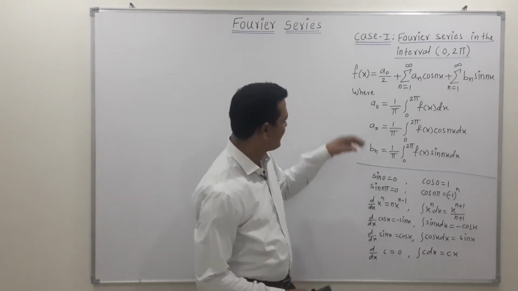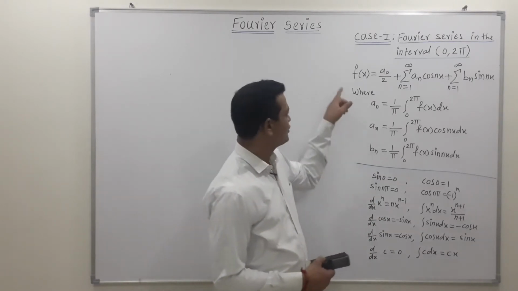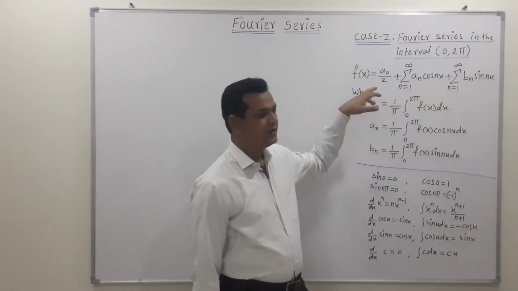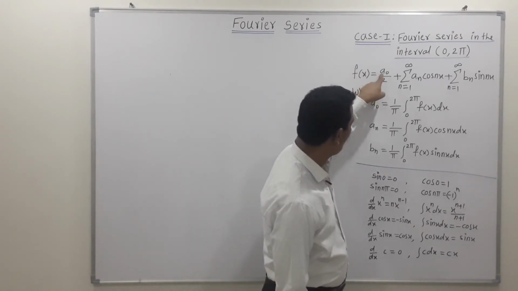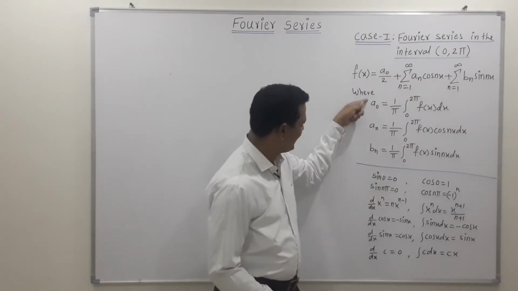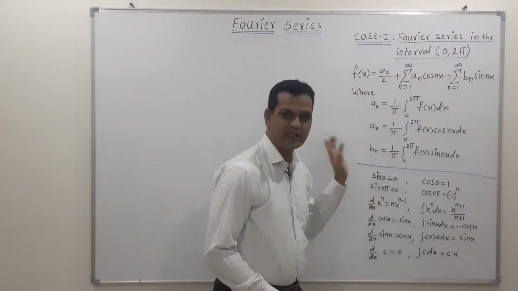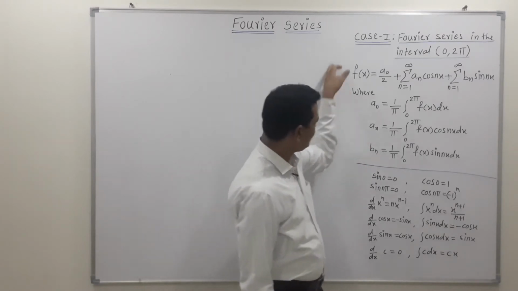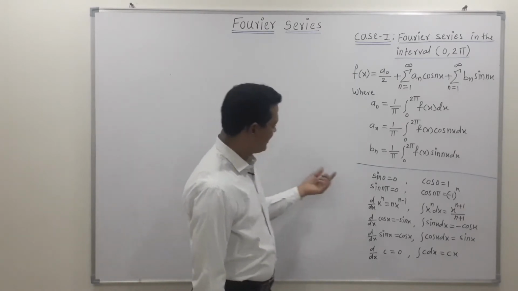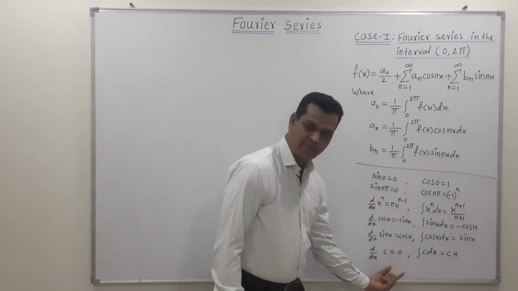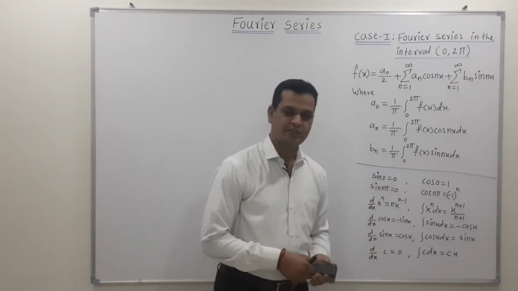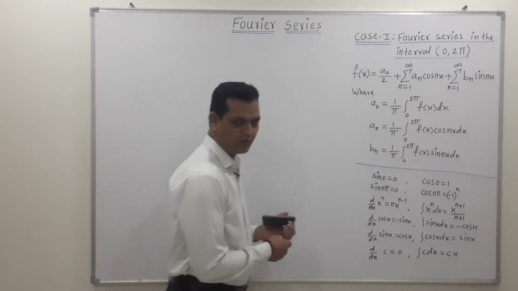Friends, to find the Fourier series means to represent the given function in terms of this expansion, that is, to find the value of the Fourier coefficients a naught, a n and bn, and for finding these, these are the results which are applicable. Now to discuss this first case, let's take some examples. Before that, these are some important results I have mentioned here, which we require to solve each and every example of the Fourier series. Now friends, let's take the first example.